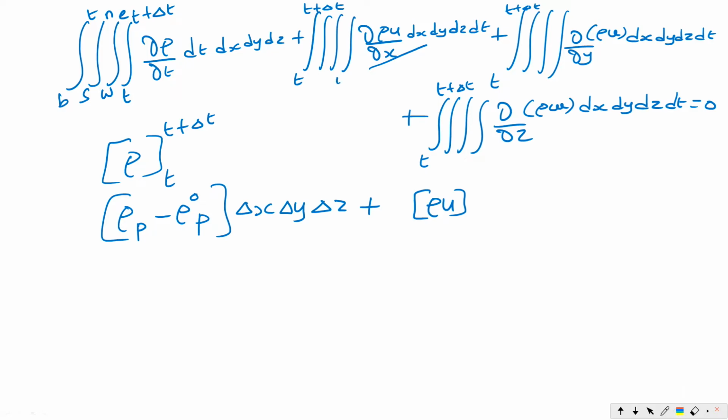It should be what? Western to eastern. Yeah, I have written here. It will be southern to northern and bottom to top. So it will be from western phase to the eastern phase. As I explained to you earlier, dy will become delta y, dz will become delta z, dt will become delta